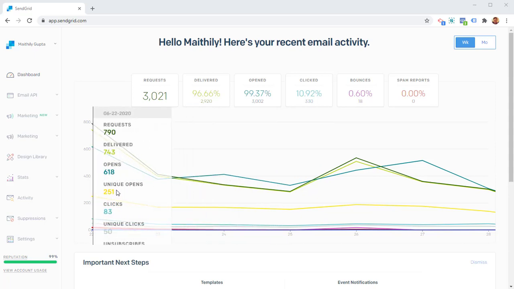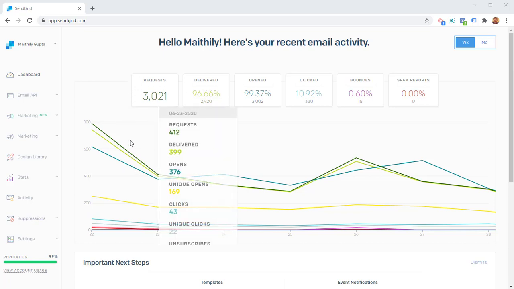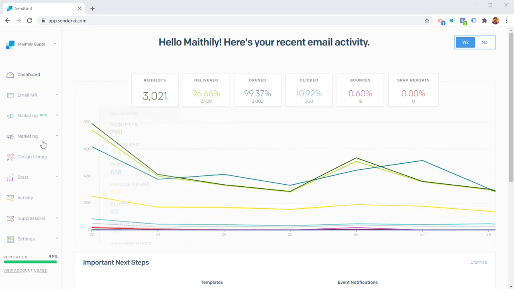Alright, so in this video, I'm going to show you a tool called Sendgrid, which you can use in your email marketing. Now, Sendgrid has been around for a while. It's an SMTP software which has evolved into a full-fledged autoresponder. So you can do now everything with Sendgrid that you are used to doing in an autoresponder like Aweber or